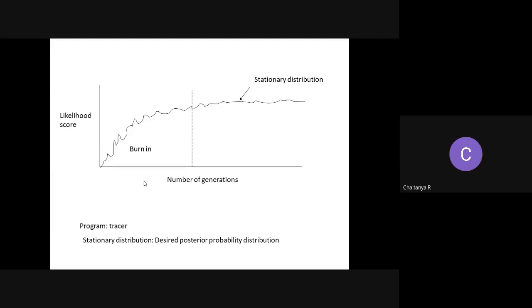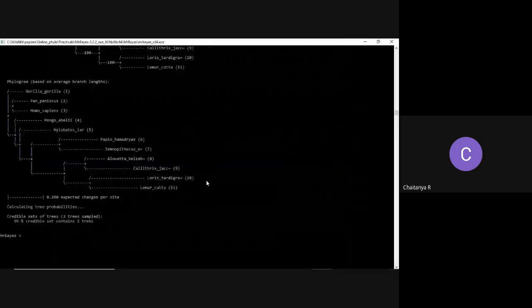So you generally don't discard 20%. We are just assuming that there is a burn-in of 20% because we ran it for a very small number of generations. You won't get a clean graph like this on Tracer. The Tracer graph will be all over the place, right? If you ran it for maybe 1 million generations, then we'd get a clean graph where we can actually decipher the burn-in. So for the sake of that, we are assuming that we're going to discard the